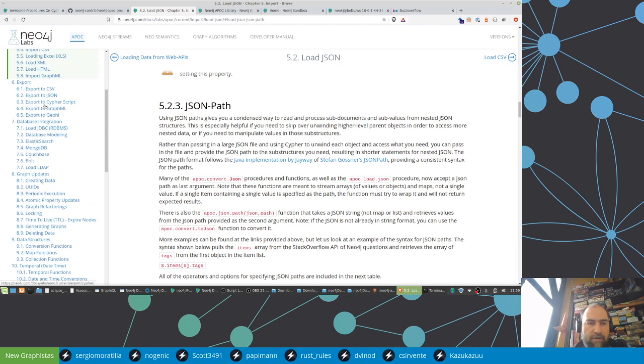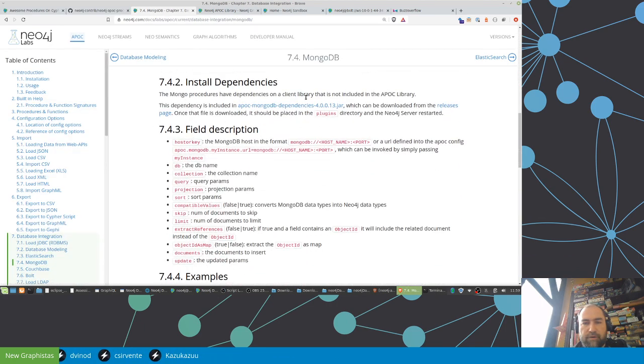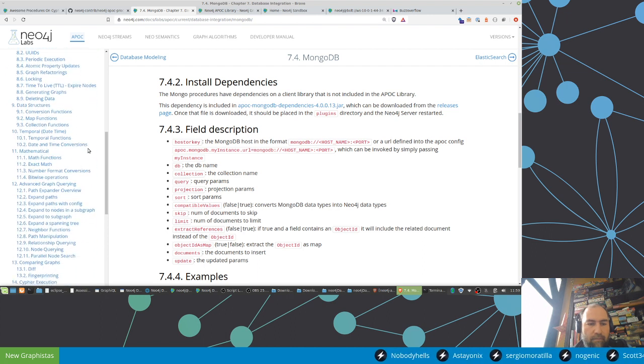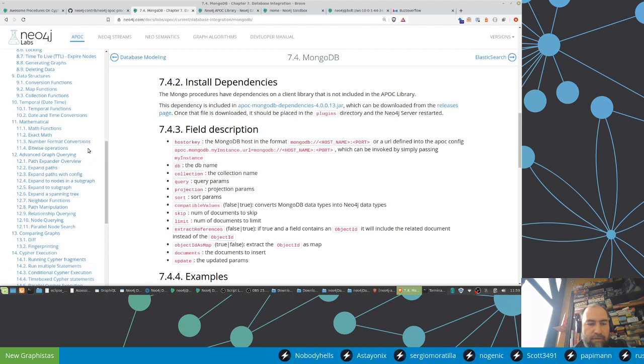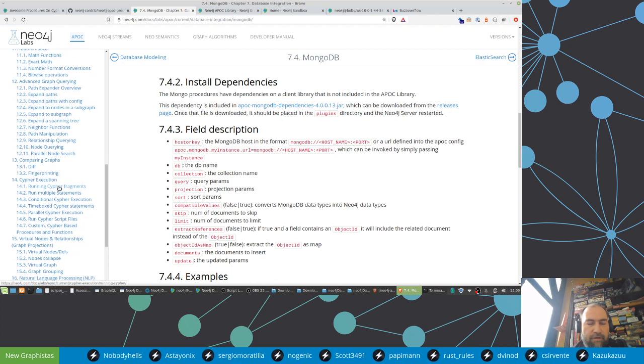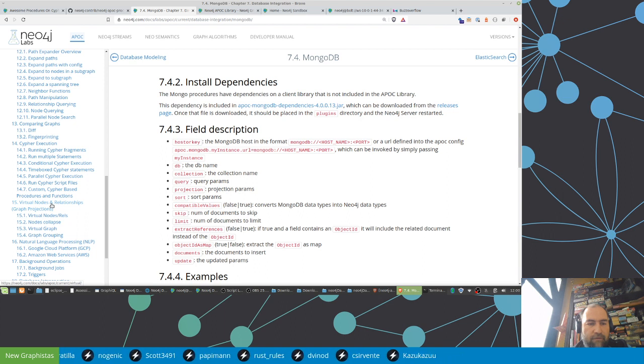Database integrations with all kinds of databases. For some of the databases, you have to provide some extra jars, like for Mongo, because it has a bunch of extra things that we didn't want to package by default. Map functions. Parse expansion is a large area itself, so we won't go into that. But something that I want to show you is